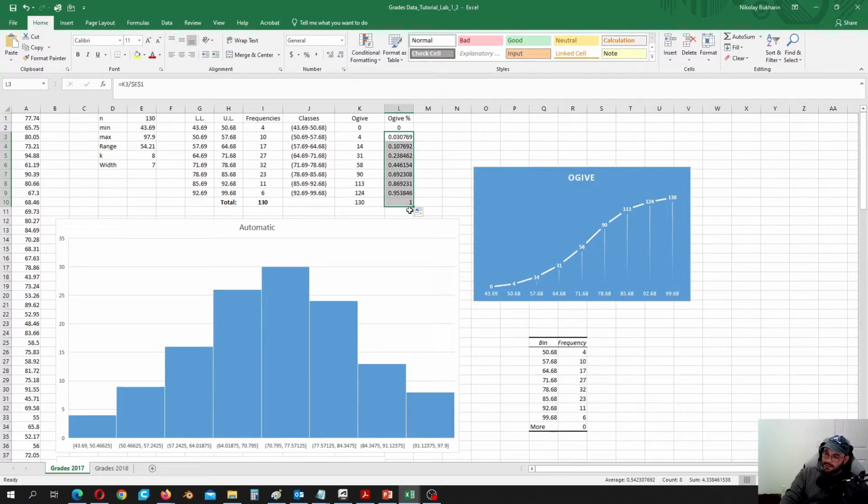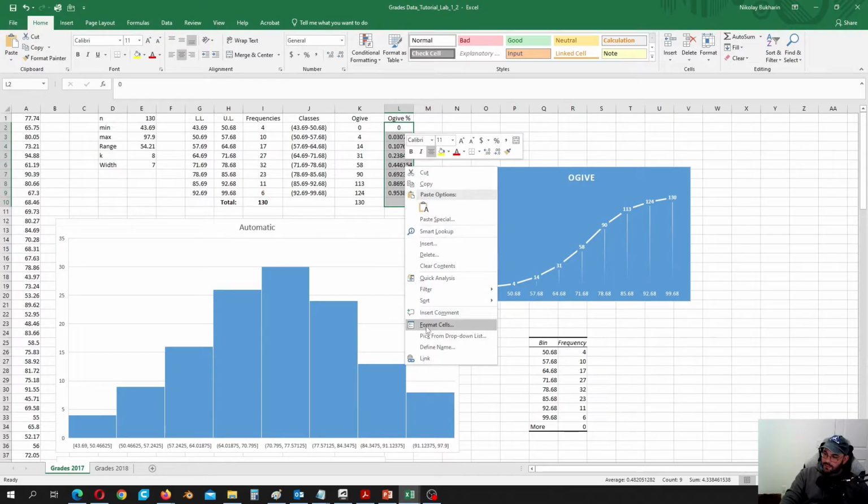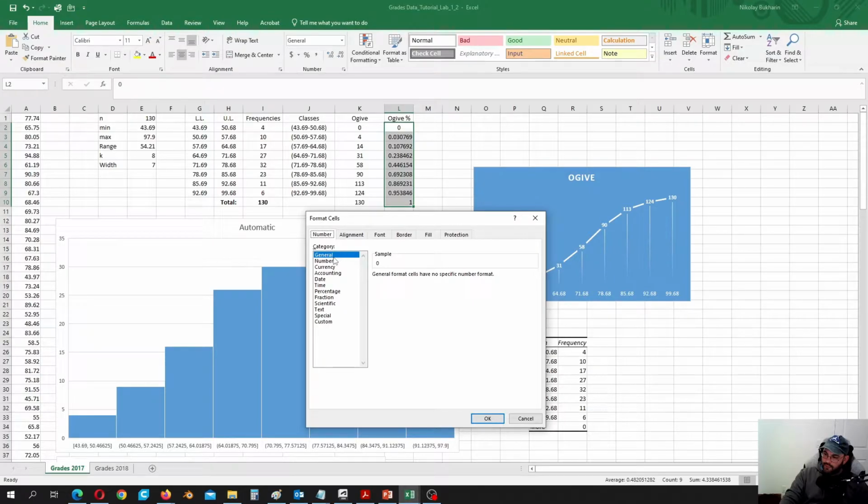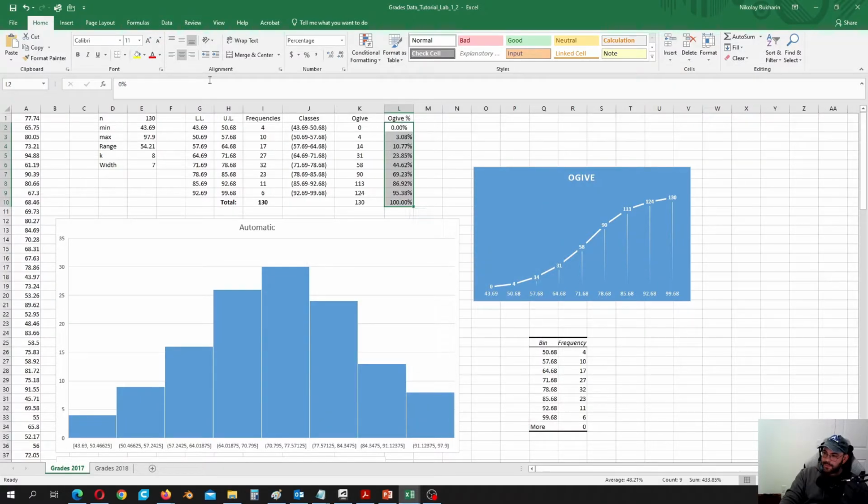Okay. And here what I'm going to do, I'm going to format this. Grab this, right click, format cells, and I will format that in percentage. Yeah, like 2 should be good. So okay, so that's what I have, and now I can